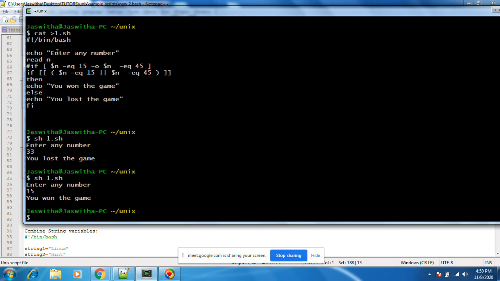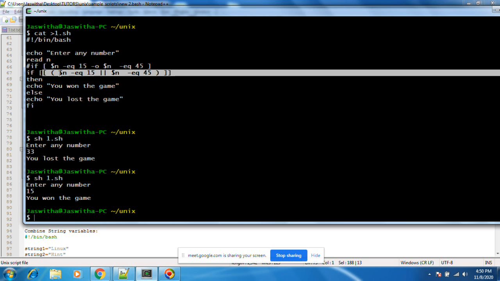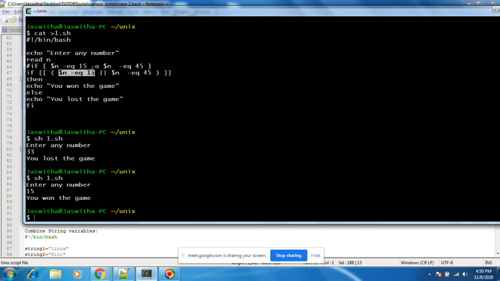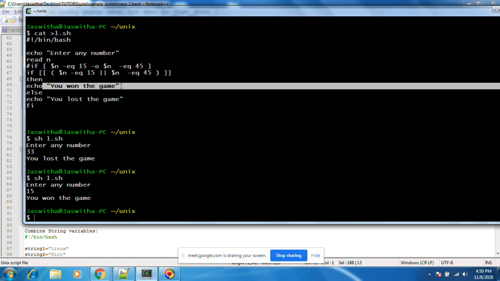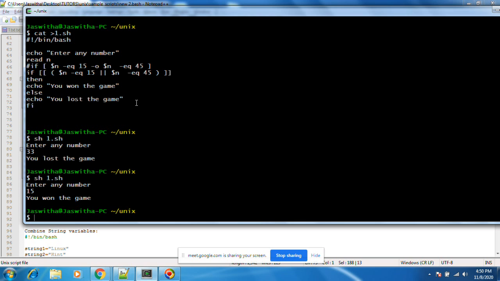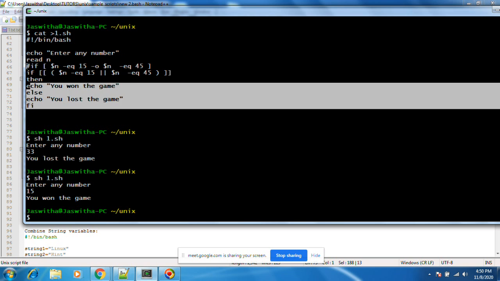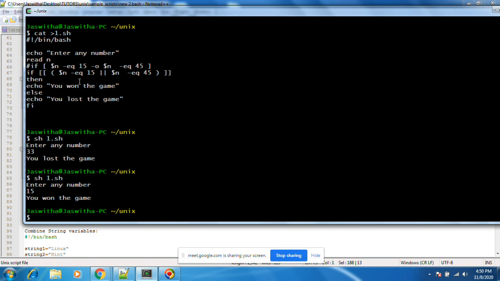Okay, the given number. What does this mean? The number is either equal to 15 or equal to 45. This is OR. If the number equals 15 or the number equals 45, then you won the game, otherwise you lose the game. This is some kind of lottery thing.